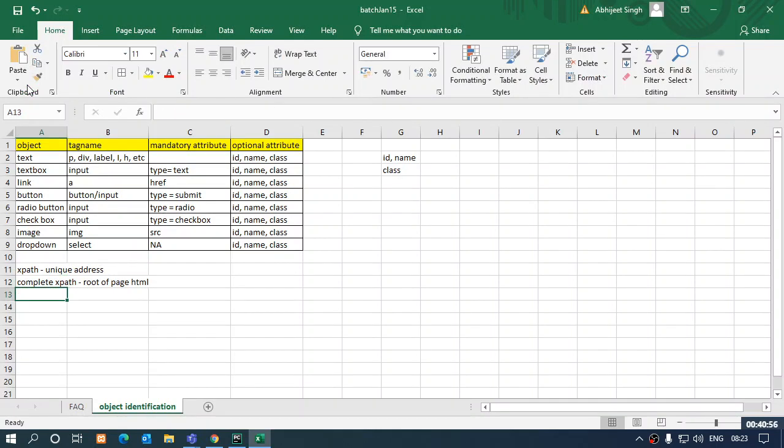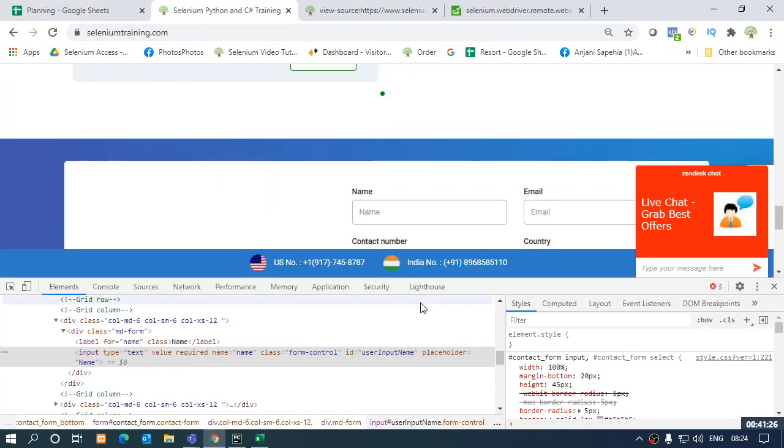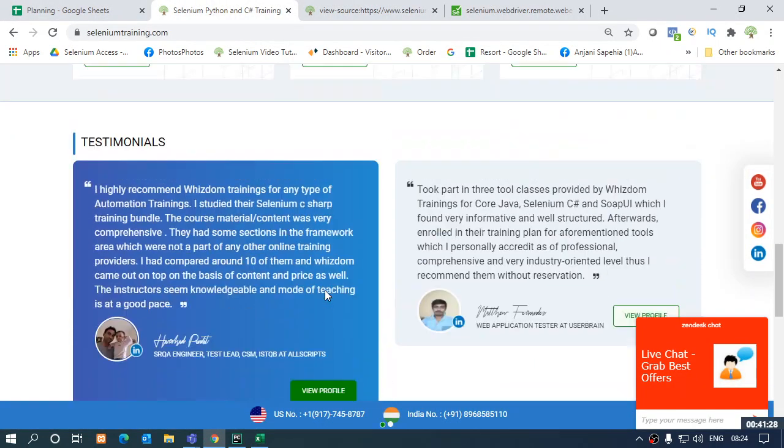And there is one more XPath, the second type, which is the partial XPath, which actually does not start from the root of the page. We find a level from which we want to start the XPath, and then only we construct the XPath. Right. So let's first talk about the complete XPath, and then we'll move on to the partial XPath. Now making a complete XPath can be a task.